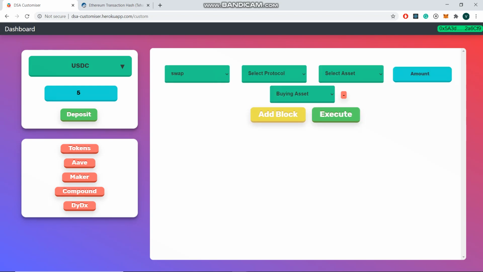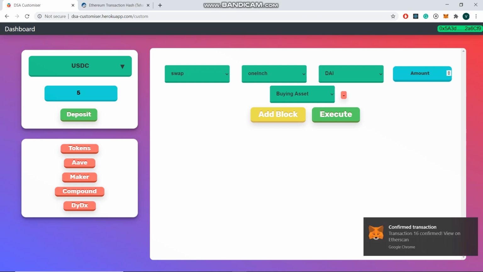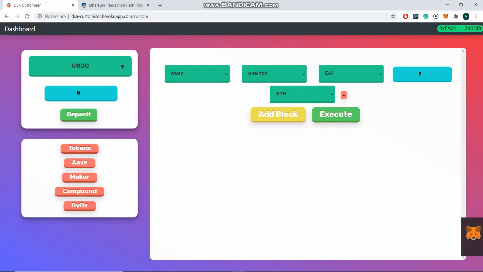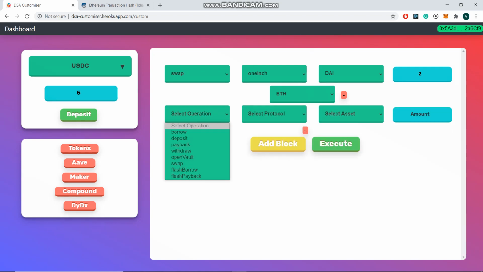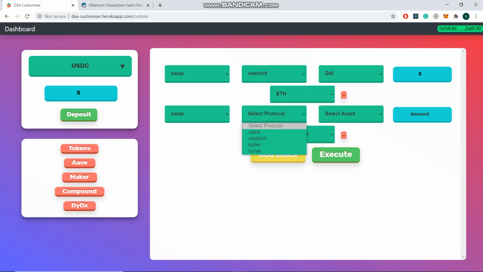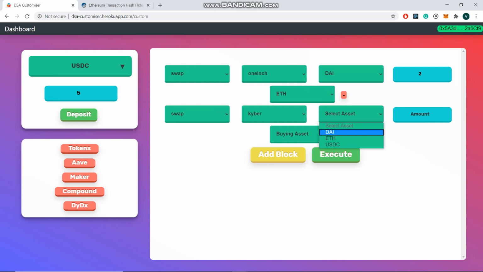I can do this as well. For example, I do another transaction. I select DAI and I select this amount. My transaction is confirmed meanwhile, and I select ETH and again add a block, and I again do a swap. This time I use Paraswap, and I use ETH.